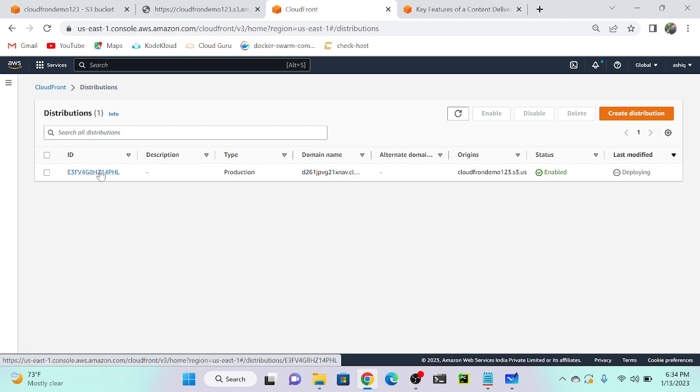So let's wait a couple of seconds. Once it deploys, then I'll try to access my application with the help of CloudFront. So let me just open my